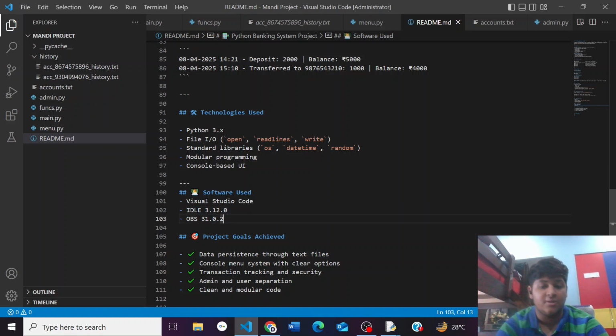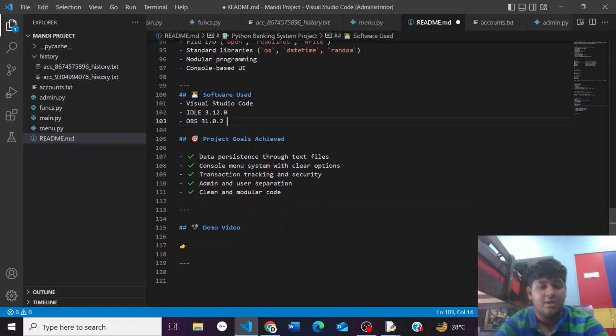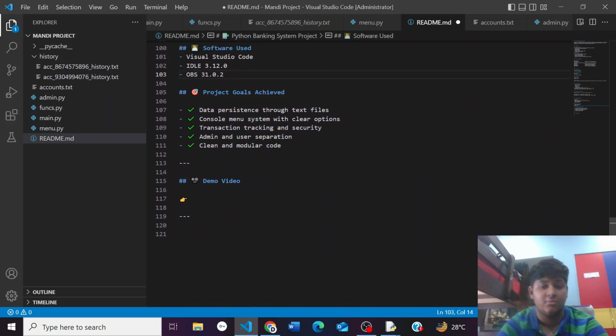I've used OBS to record this video, and some project goals which I've achieved were data persistence, text files, console menu system, transaction tracking, admin user, separated functions, clean and modular code, etc. I'll be pasting the demo video link after I post it on YouTube